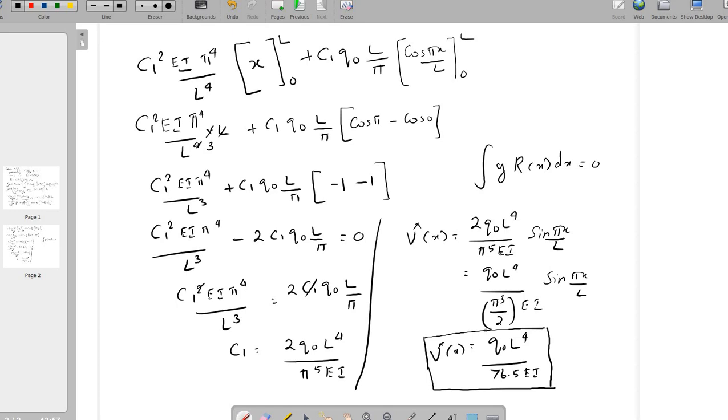So in the next video, we are going to see about the energy methods, that is the Rayleigh-Ritz method. For that we should learn about the basic energy principles and equations. So we'll see in the next video.